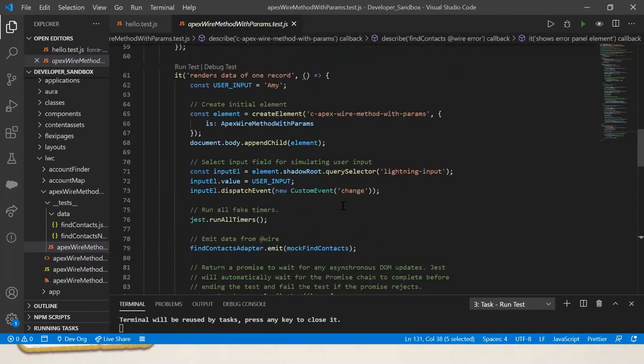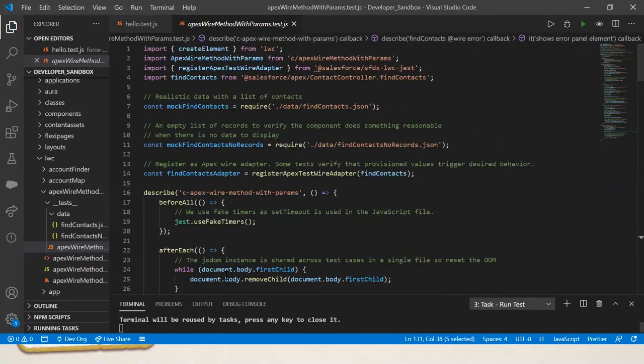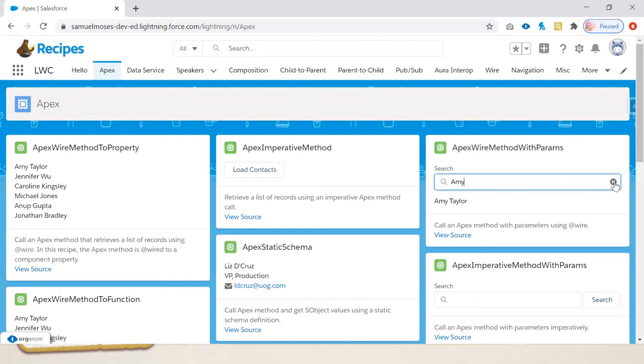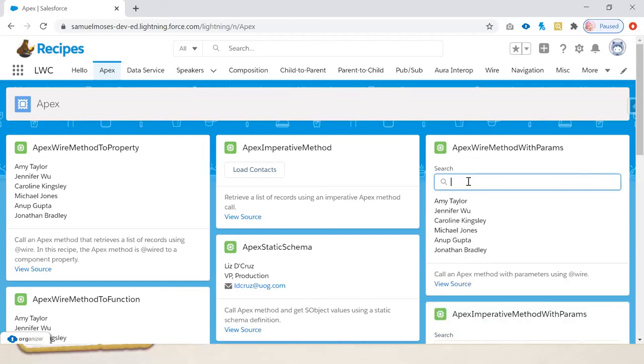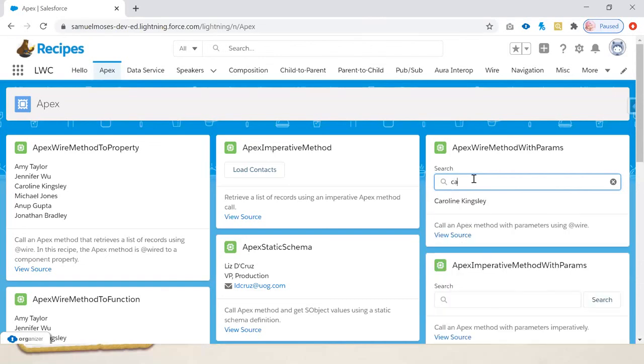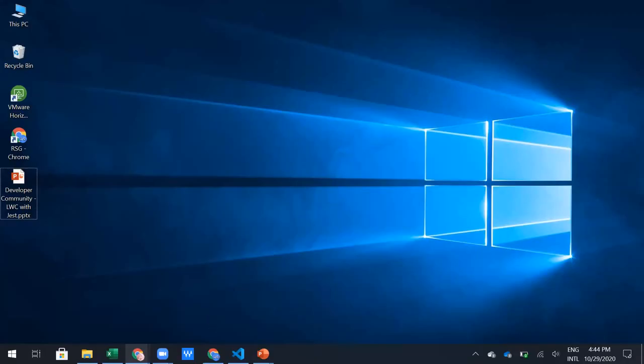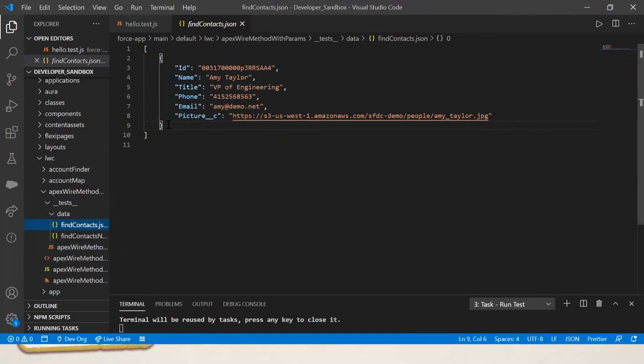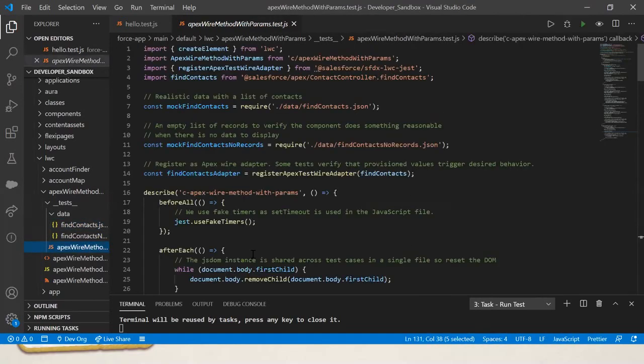So these are the three scenarios that we have to consider when we are working with the search input component. So for example, if I enter Caroline, it pulls all the relevant records from the server side. But in the case of a test, we'll be building the object records as a separate file, and we just make use of that within your test file. So this is the major difference.